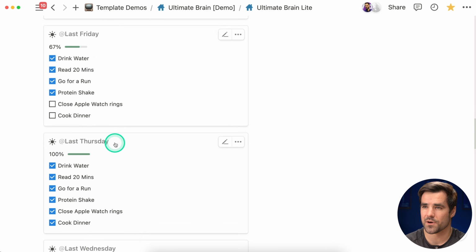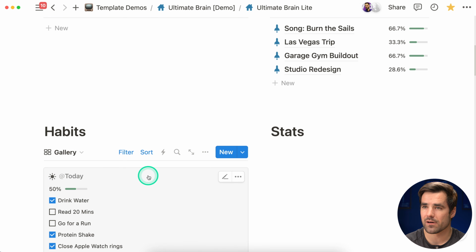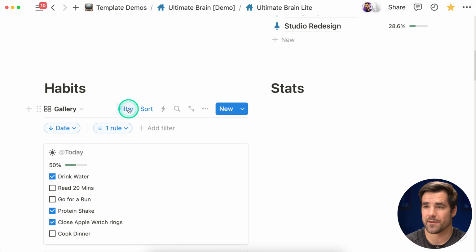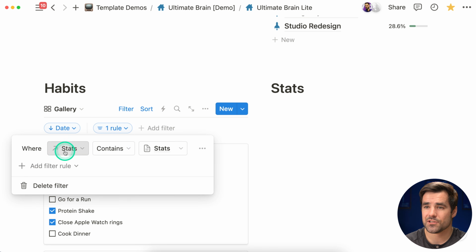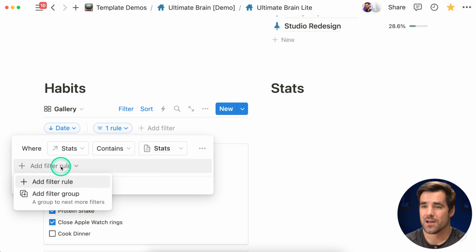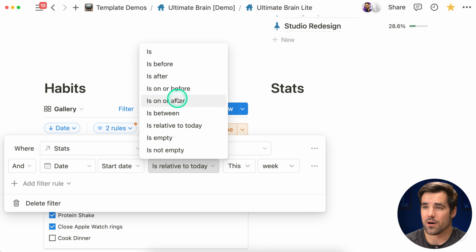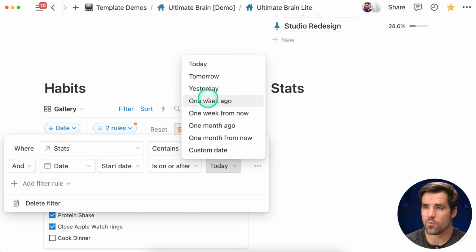But as you can see, this is pretty long. And if I'm running my life from a little dashboard like this, I probably only want to see the gallery pages that are relevant to me today. So to finish up this part, I'm going to go into my filters, and then I'm going to add to the existing rule that is already there, which I will explain in a couple of minutes, one more little rule here, which is going to be where date is on or after,